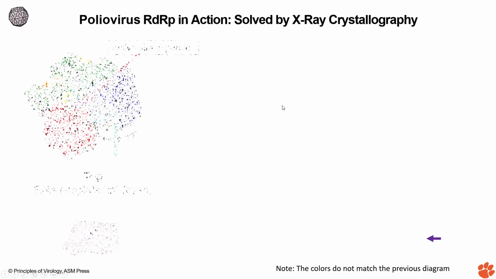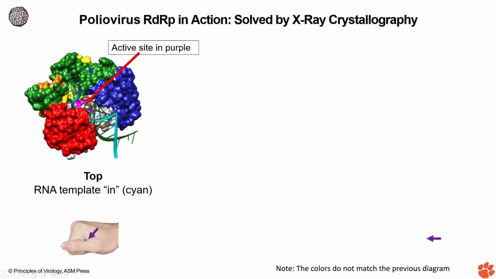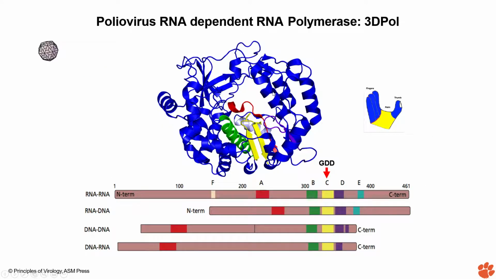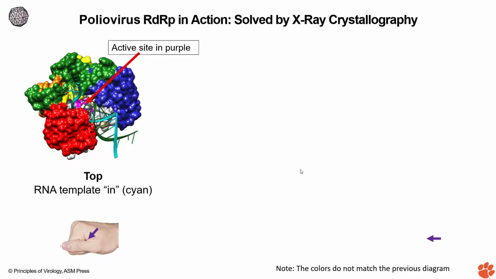So here, if we are looking at this structure, remember that these colors correspond to the previous one, where it is all blue, except the cyan and the white. They are pretty much the same. The blue is blue, the red is red, the green is green, yellow is yellow, purple is purple, and the cyan is white. So this is similar. The space-filling model is not the same color as that. So the active site is in purple, and these are just the different subunits that you are seeing.